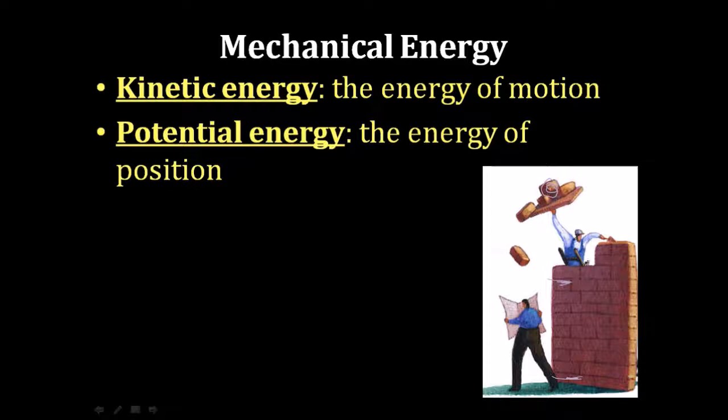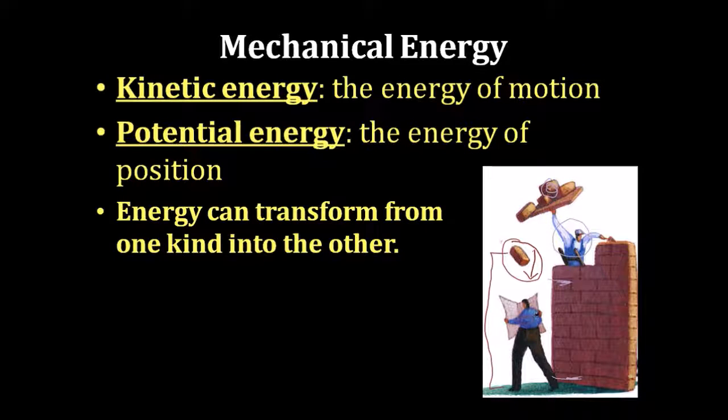How did they get potential energy? Because this dude right here did work to lift those bricks up higher and raise their potential energy. That's the connection, work and energy. Now, what about this brick right here? Well, it has potential energy because it's way up above the ground. And by the way, deciding how much potential energy something has kind of depends on where you decide 0 is, and I chose the ground. But because it's also falling, it has kinetic energy. So it has both kinetic energy and potential energy. It has the ability to do work, as this gentleman down here casually reading his newspaper is about to find out.